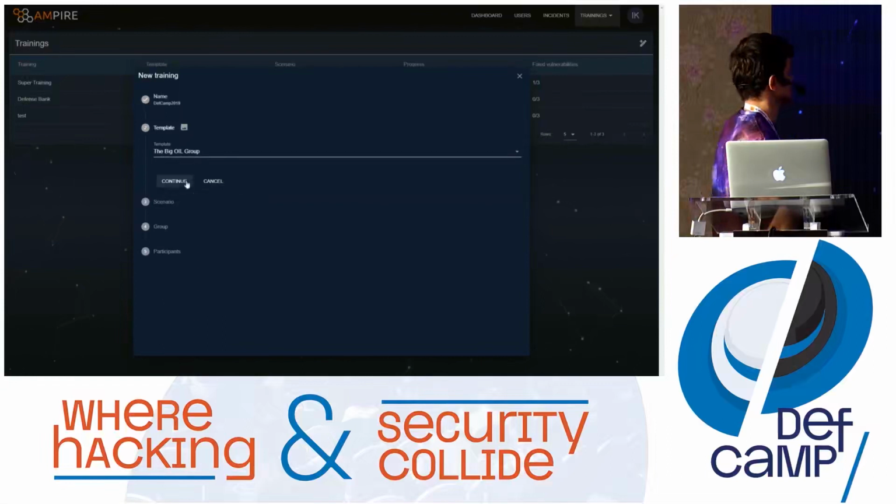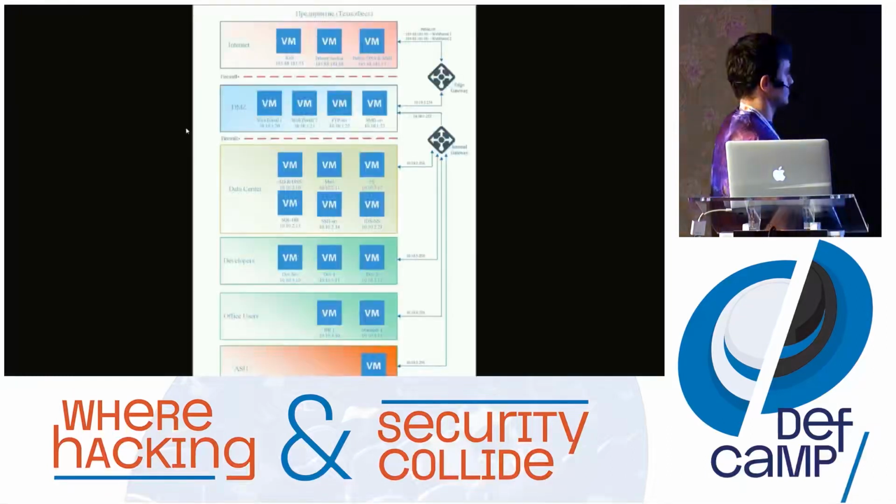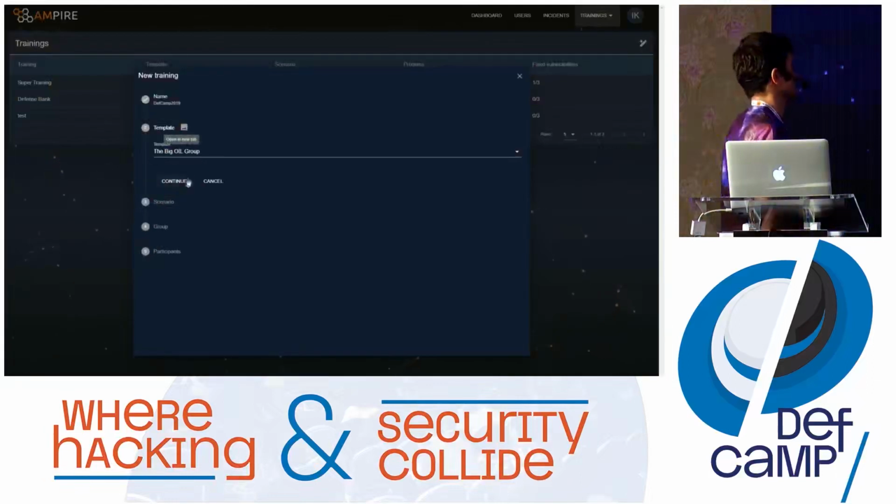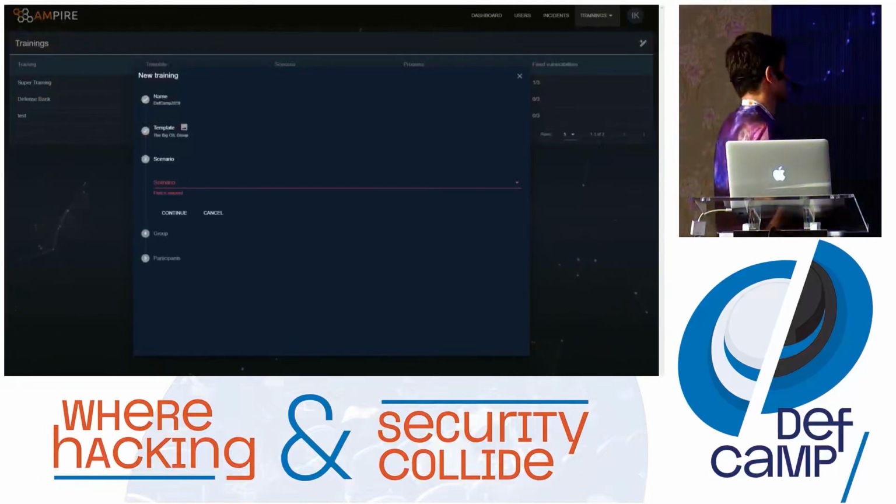Another template has the name of big oil company. It is much bigger than the previous ones, with many subnets, and also with different scenarios connected to them. Let's select the attack on database